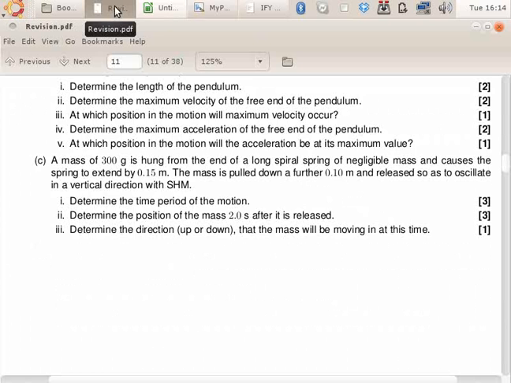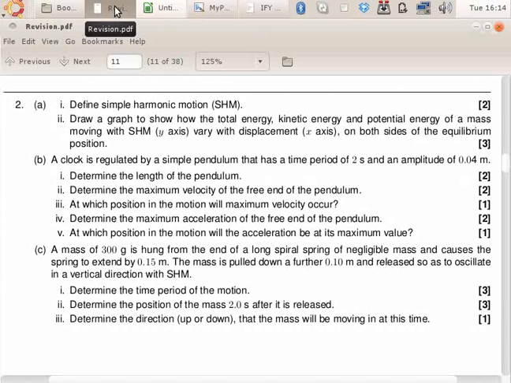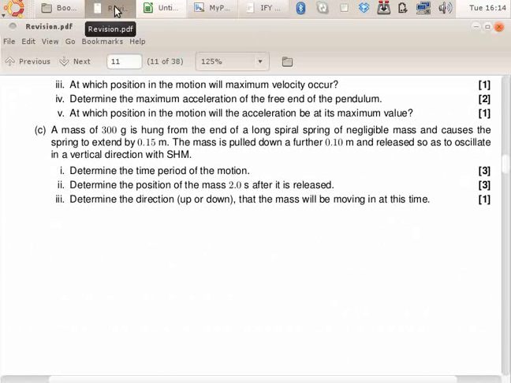Alright, so that's part A and B of that question. So now just part C. You have this mass hung at the end of a string, which causes the string to extend by 15 centimeters, and then the mass is pulled down a further 10 and released. So if I draw that for you,